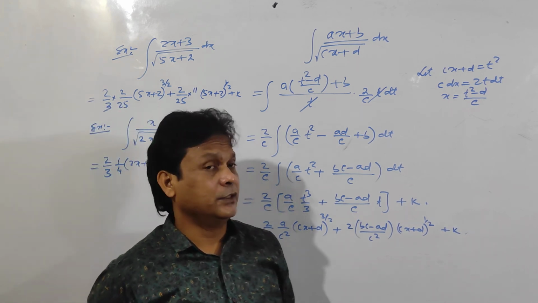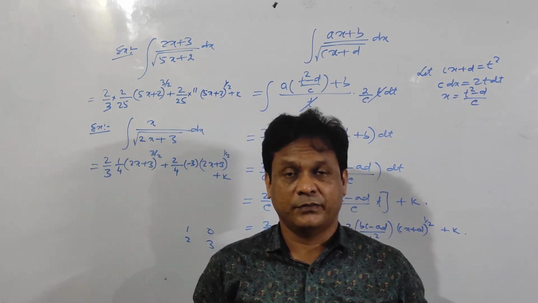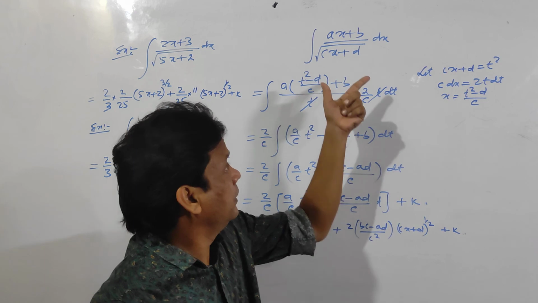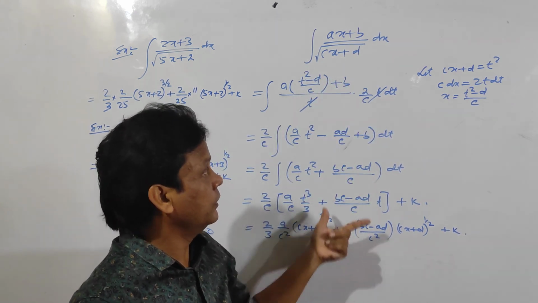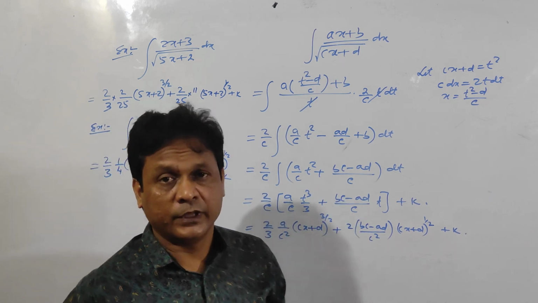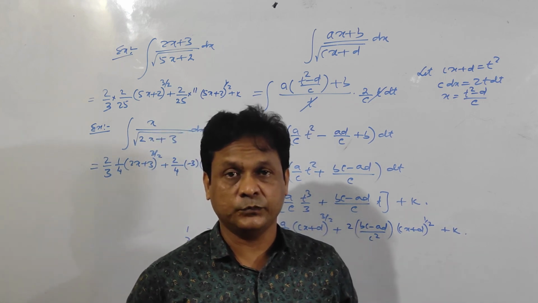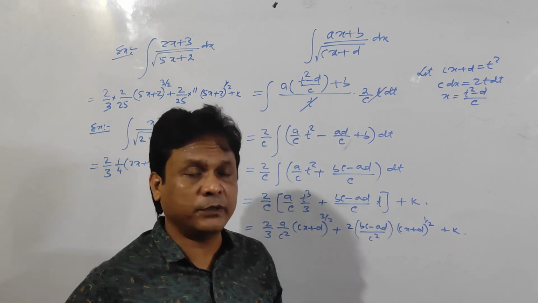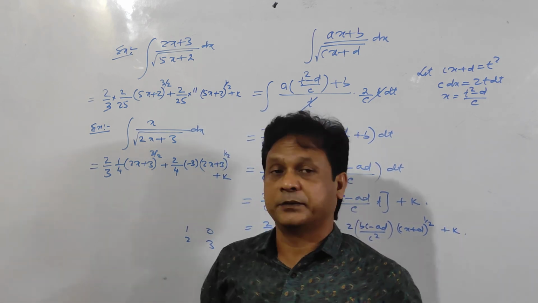So see here. Actually, if you do it mindfully, then you can do anything. Clear? So for class 12 board, you should do like this. In the complete steps, you should write. And for entrance examination, you should remember this formula only. So if you remember this formula, you can do it within 4 to 5 seconds. You can write the answer directly.